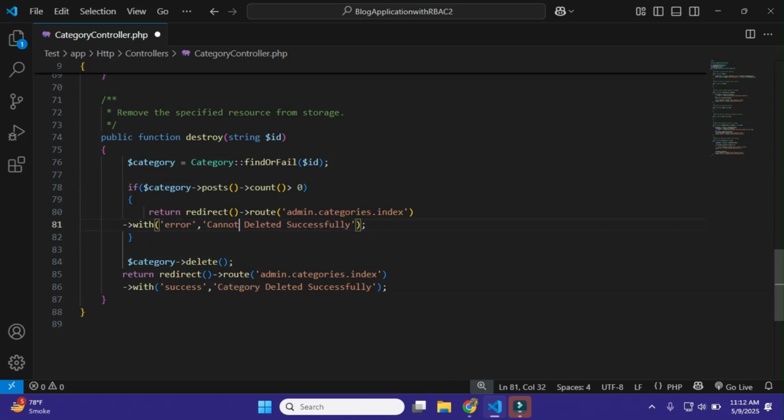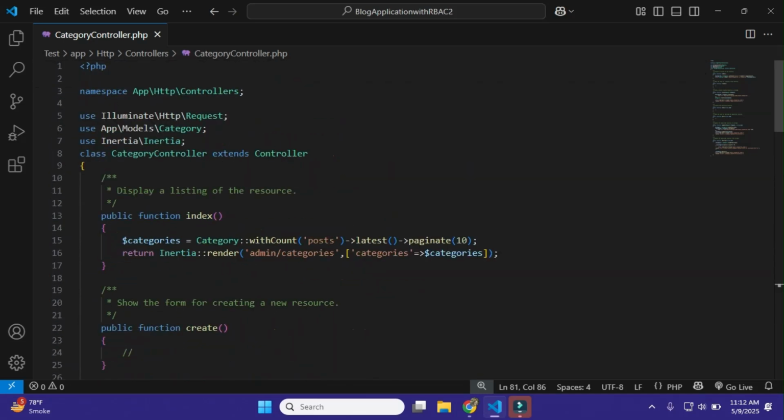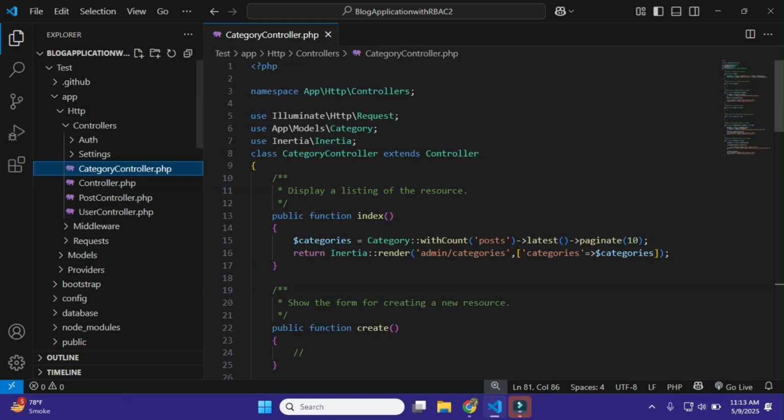Cannot delete category because posts are associated with it. Okay, that's it. We simply do this and we're done with all the functions, defined all the functions, and now I'll simply